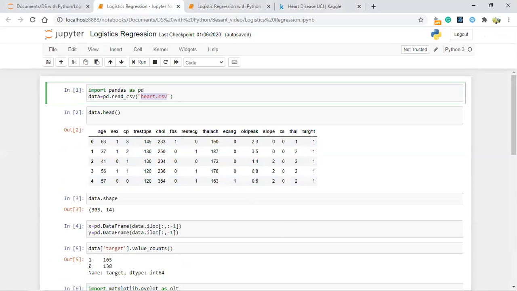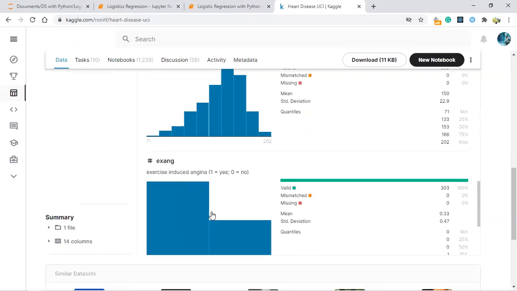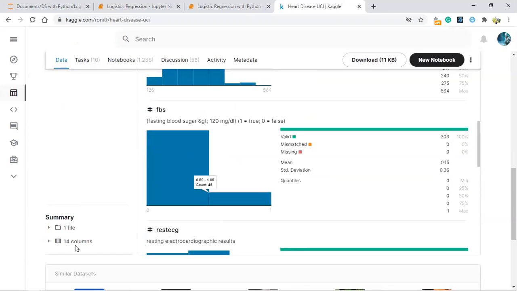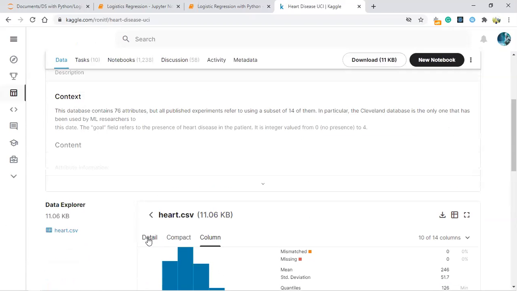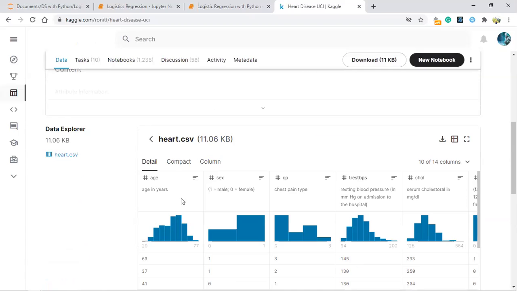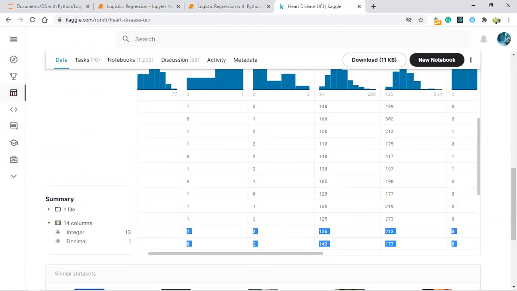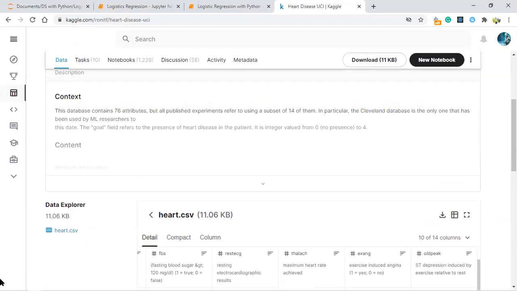So that's the thing you are going to make. So this is the complete detail about your data set.